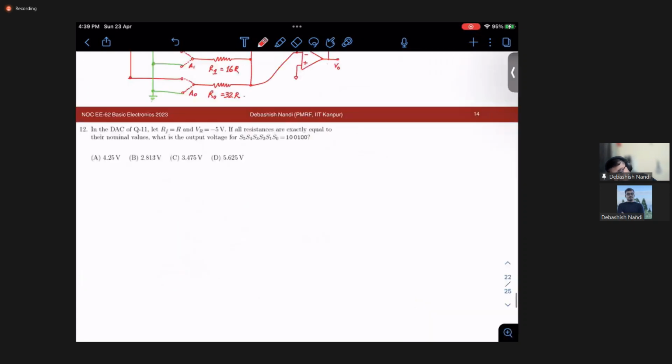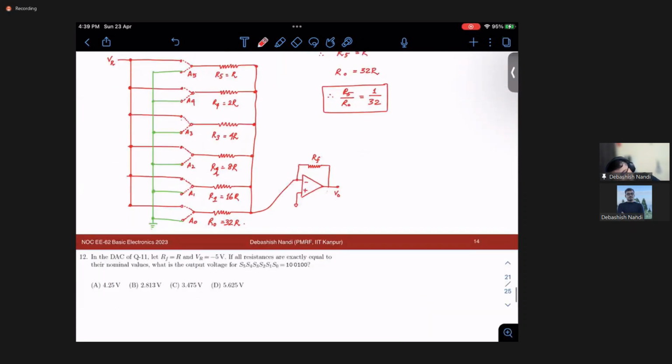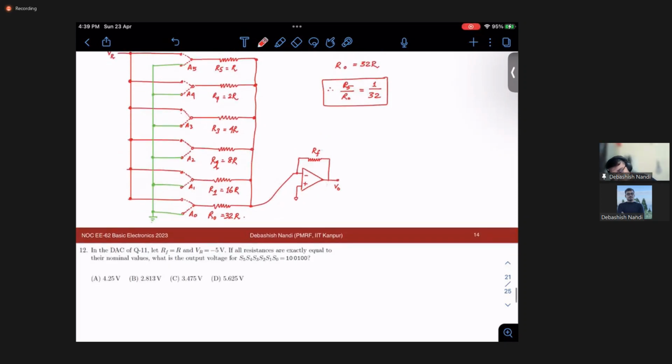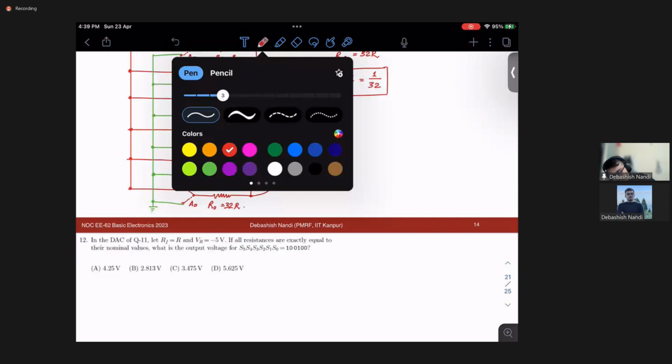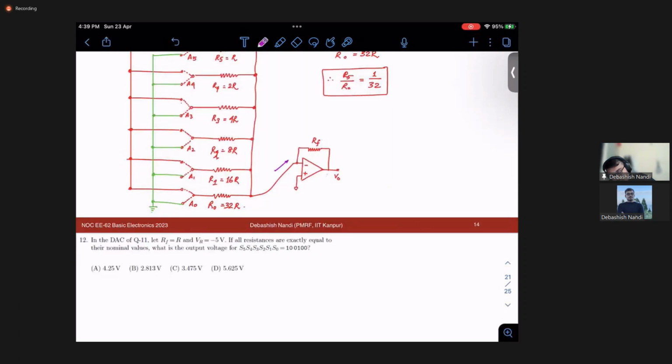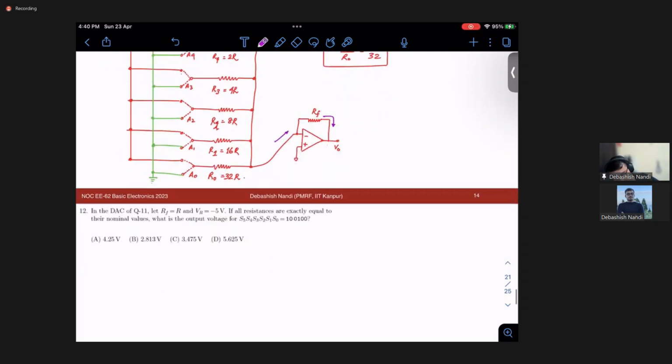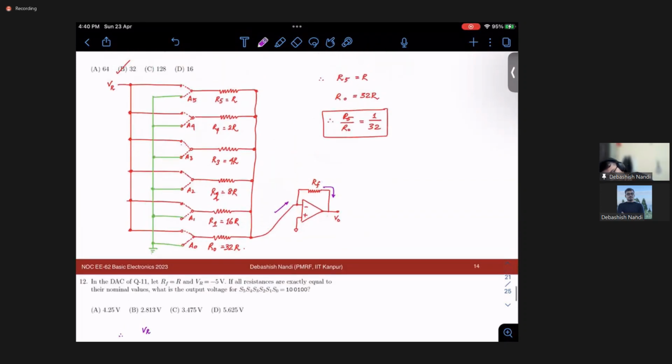In the DAC of question 11, the same one, if RF is R, okay, and this is this, okay. So what do we do now? We have to just compute these currents, okay. This current is the same current. So what are the currents? So your VR, one current is coming here, these currents will be adding up. Okay,